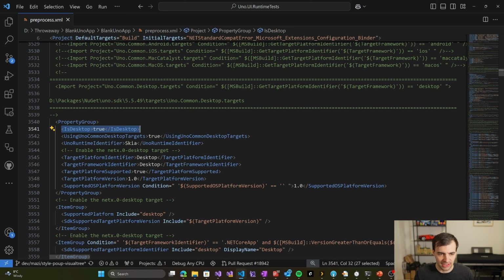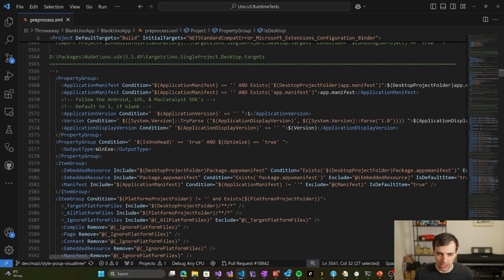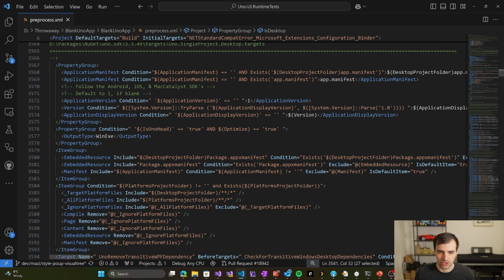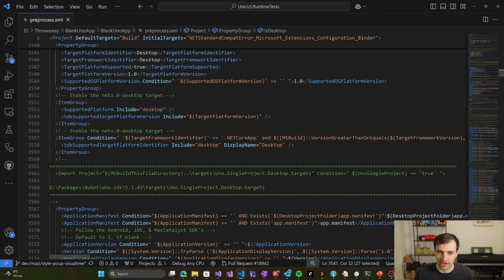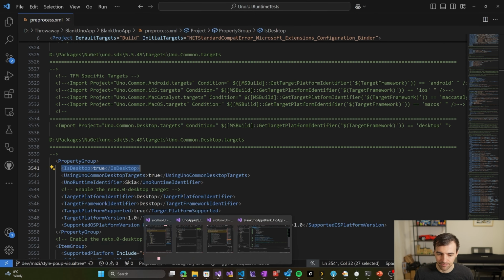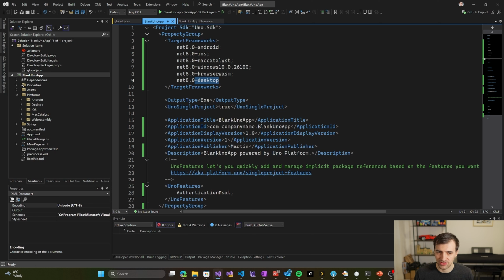So we create a custom desktop target, and that sets up some dependencies that are required for Visual Studio and other development IDEs to actually recognize those targets as valid. And when you do that, as the result, you can have custom targets that enable you to build separate binaries for separate targets like WebAssembly and desktop. So it's another part of the magic that's provided by Uno.Sdk and wouldn't be possible if we had a custom